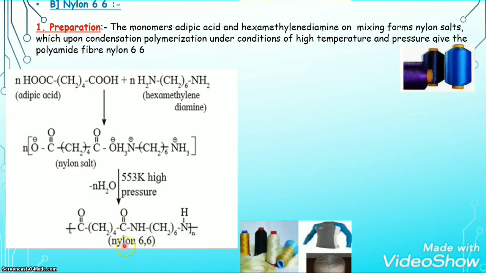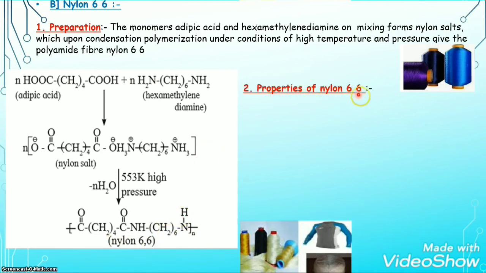Now the structure of the polymer nylon 6,6 becomes, by losing this oxygen, the structure will start from this carbonyl group. So C double bond O, CH2 4 times, C double bond O. Again there is a loss of oxygen, so this oxygen will be removed as water. Then H2 will be removed as water. The structure here will be NH, CH2 6 times and again NH, as H2 is removed from this NH3 part. Bracket complete and n represents the continuous polymeric chain of nylon 6,6.